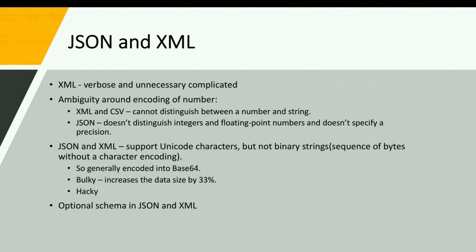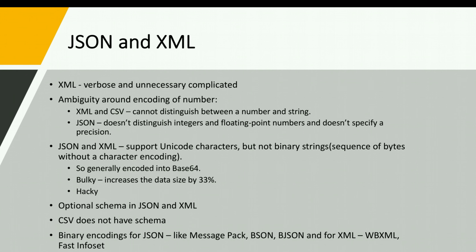So applications that don't use XML and JSON schemas potentially need to hardcode the appropriate encoding and decoding logic. CSV also does not have a schema, so it is up to the application to define the meaning of each row and column. If an application change adds a new row or column, you have to handle that change manually. JSON is less verbose than XML, but both still use a lot of space compared to the binary formats.